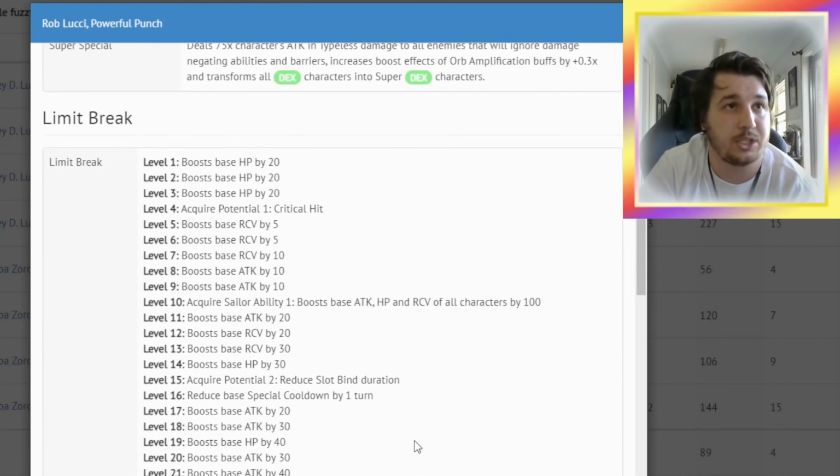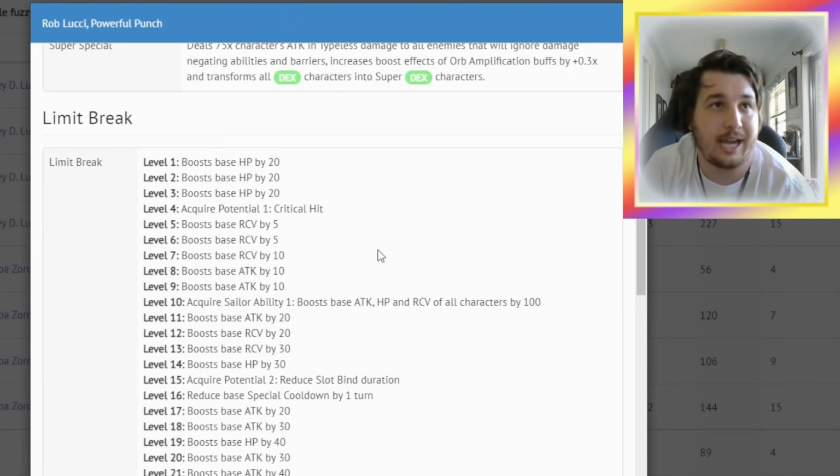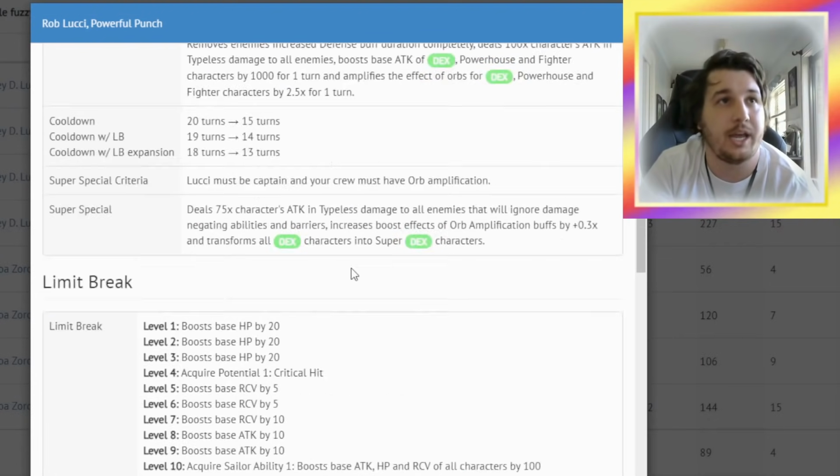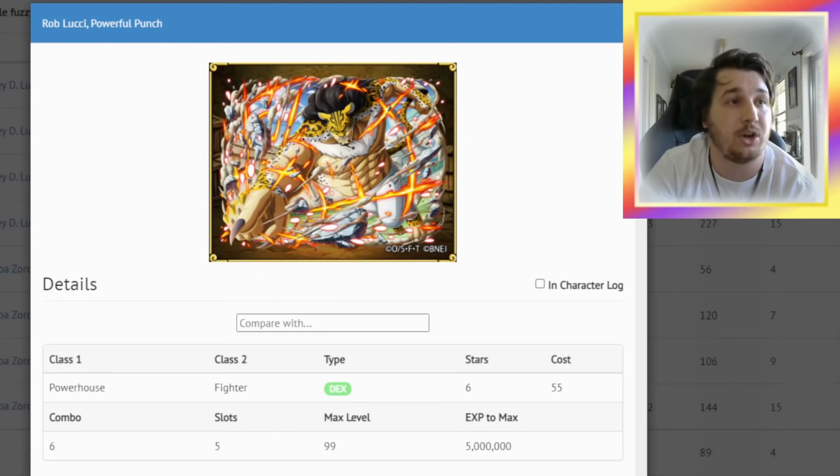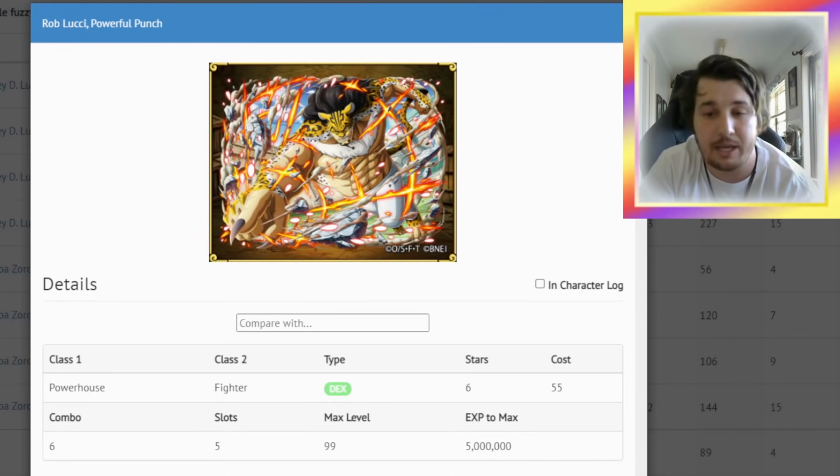He has a lot of very good things going for him. Slot bind, critical hit, enrage. He does 100 attack, base HP, and recovery as well. So he's a very, very good unit. But again, I would still highly recommend skipping him because directly after this guy comes the big Sugo